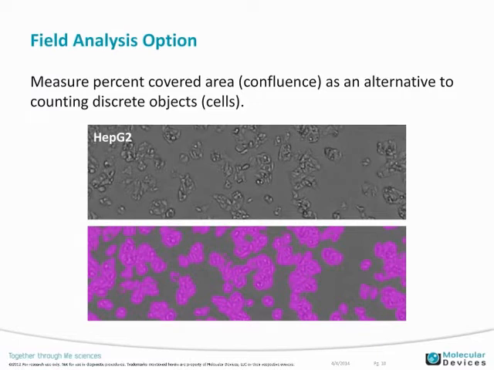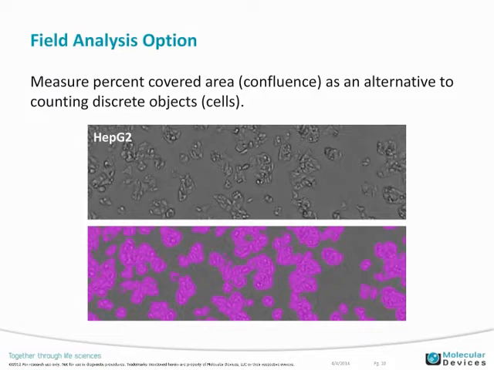So there are some cell lines where it may be very difficult to distinguish the cells by eye, and where that's the case, it's also difficult to train any software to recognize individual cells. So that's the case with the cell line I'm showing here, which is HepG2. These cells tend to grow in clumps, and within those clumps it's very difficult to identify individual cells looking at a bright field image. So we do offer an alternative way to analyze these cells in the software, and that's